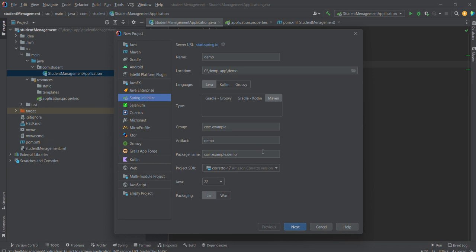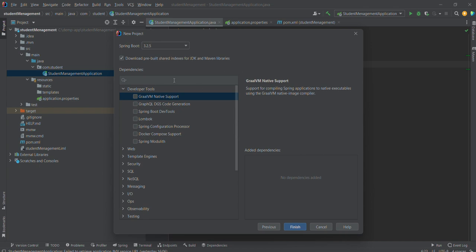Then package name, so under which package you want to add your classes, your controllers, then repositories and all things. And yes, these are the basic details: JDK version, packaging and all things. Once you fill in all these details, click on Next. Once you click here, you need to select the dependency and Spring Boot version. You can select any one of them, like this 3.3 and all things, whichever you want. Like I'm familiar with this